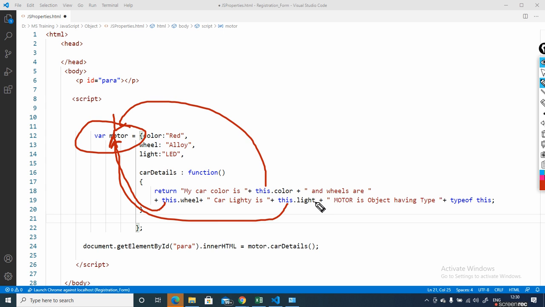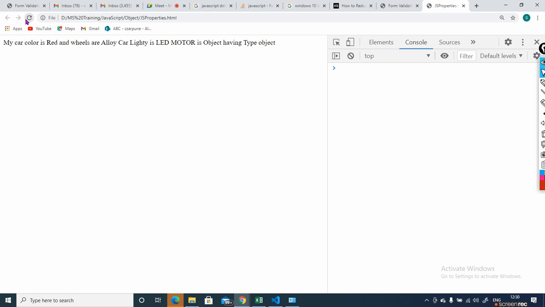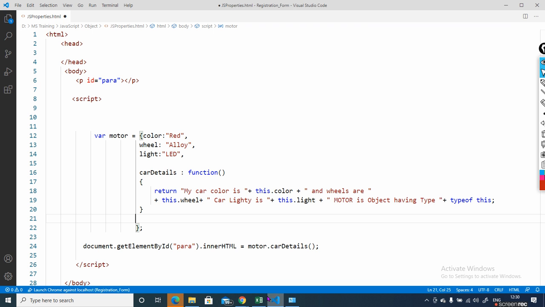Keep in mind, whenever you see this, wherever it is declared, it will treat that as this. Again I will go back and show you the output. Okay, correct output is there. So like this way we have created the object, and you refer the object and understand the difference between normal variables and